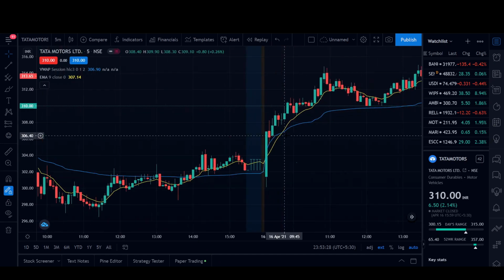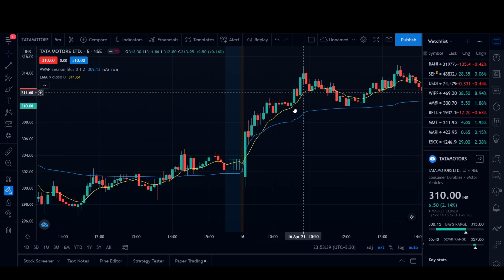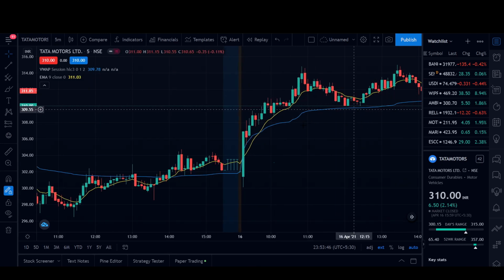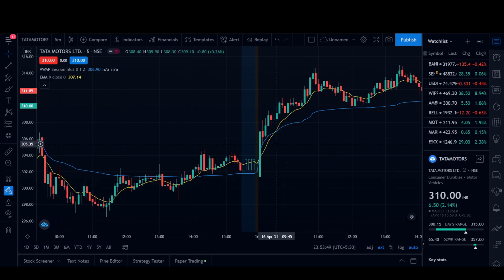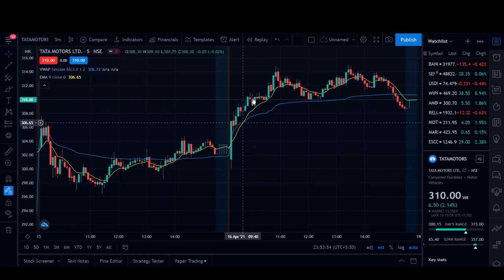Now about the EMA. The EMA provides a signal for entry and shows where you're supposed to be. Right here, it is above the VWAP, which means it is supposed to be bullish. When it goes below the VWAP, it's supposed to be bearish. Very obvious, very simple. I'm pretty sure you guys are smart enough to understand this. A pretty simple strategy. You can make a good gain with this VWAP EMA crossover strategy.